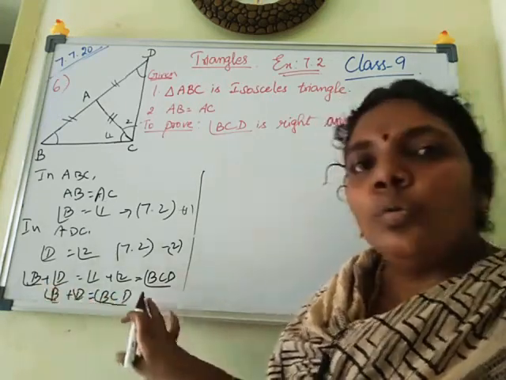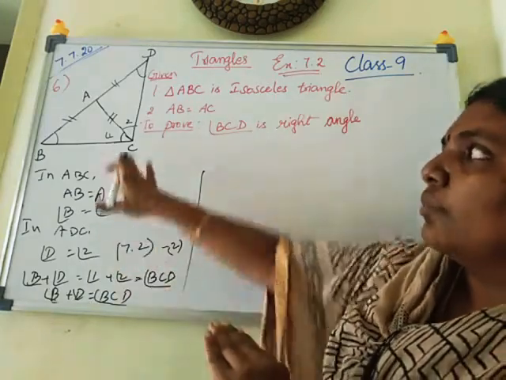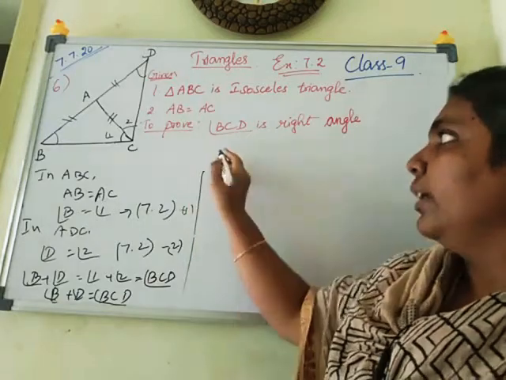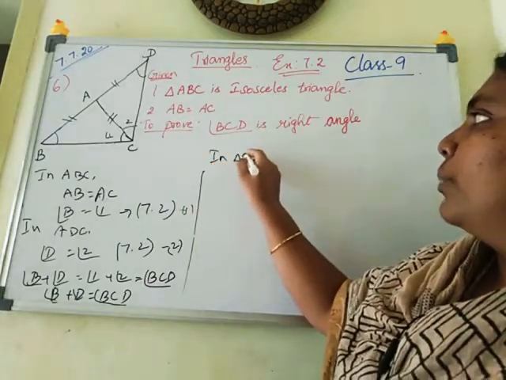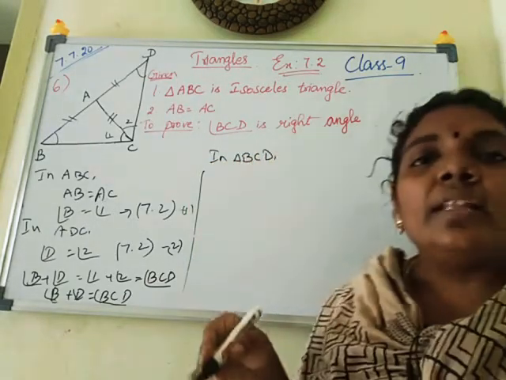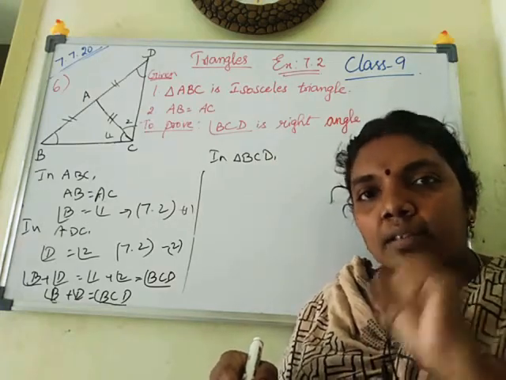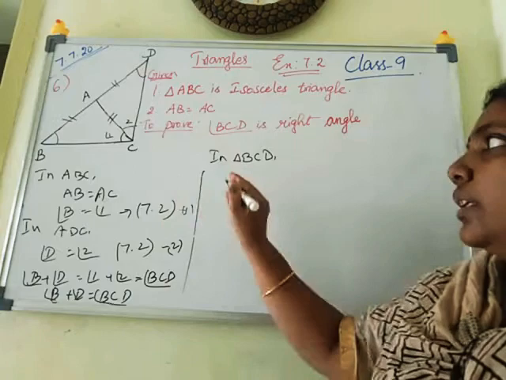Okay. So now take this into consideration. Regarding these two smaller triangles, we finished. Now we are going for the bigger triangle. In triangle BCD we are applying the angle sum property. We want to know what angle C is, so I am applying the angle sum property here.